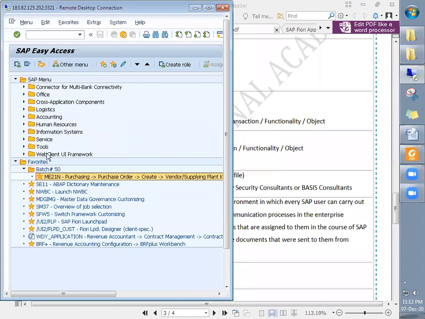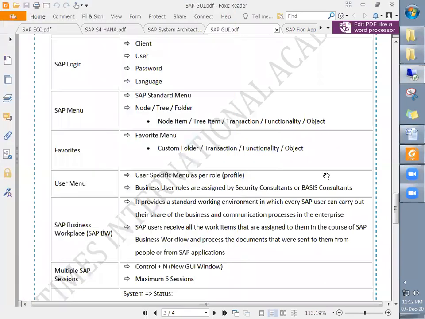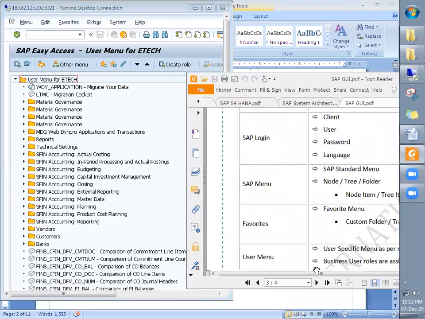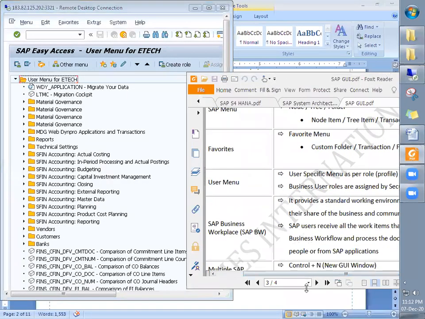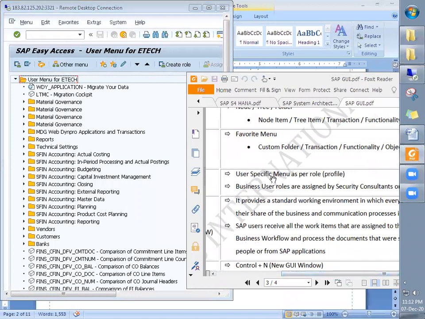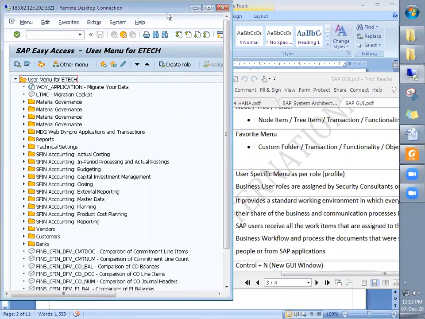Now you see the first one here is called the user menu. What is the significance of this user menu? This user menu is specific to the user, as per the role. For example, in the procurement department we have people like the procurement manager, procurement executive, procurement clerk, different designations, right?